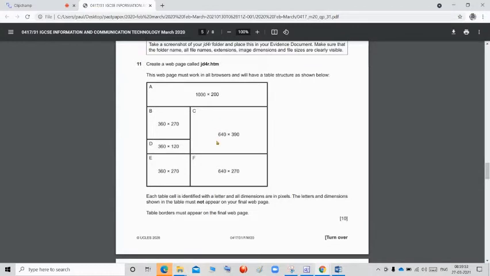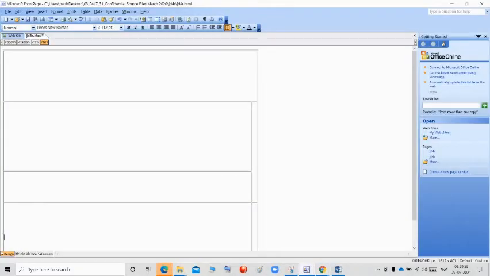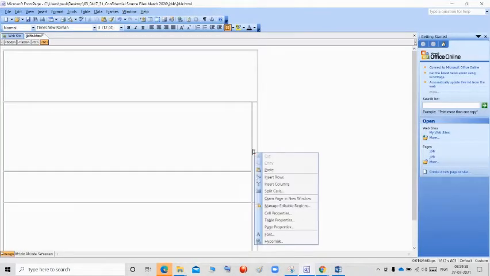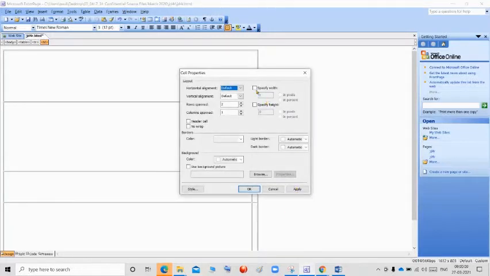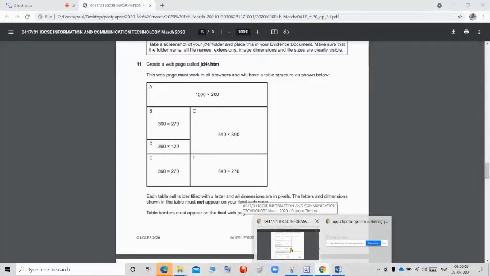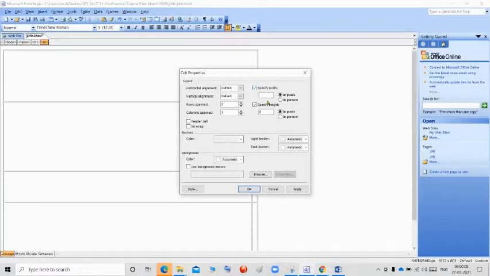For the C, they are giving 640 and 390. So I'm going to this one, right click, cell properties, width and height, and go on checking the question. 640 and 390. So I'm going to give 640 and the height should be 390. Apply. Click OK.